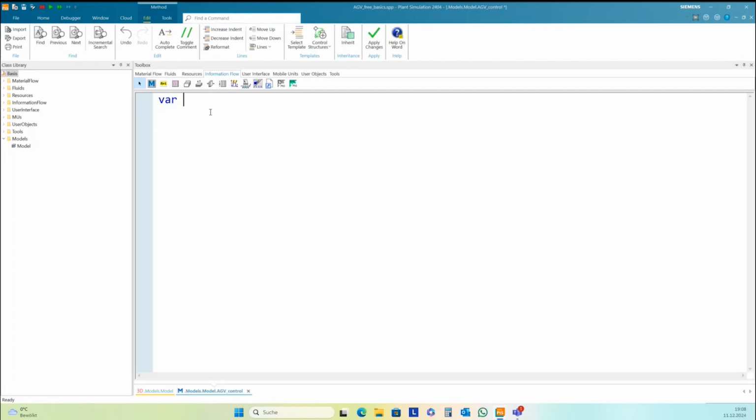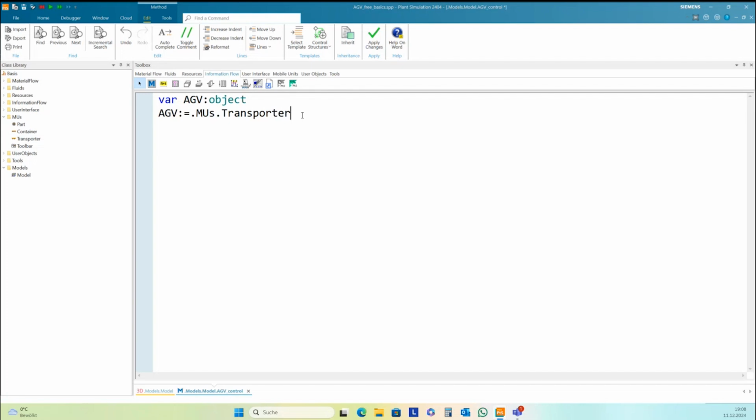First, I want to have a variable of type object. And this AGV, I have only one AGV, and so I can take, for example, transporter.